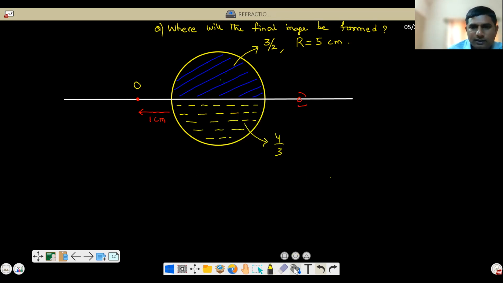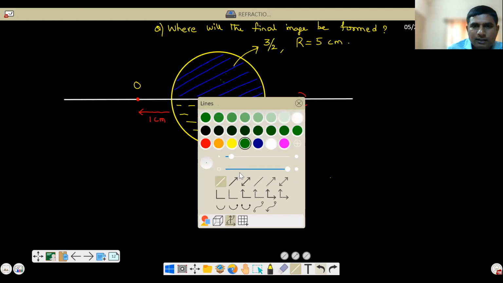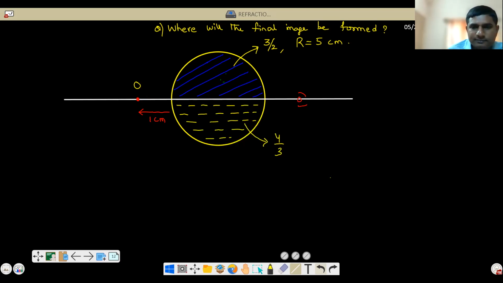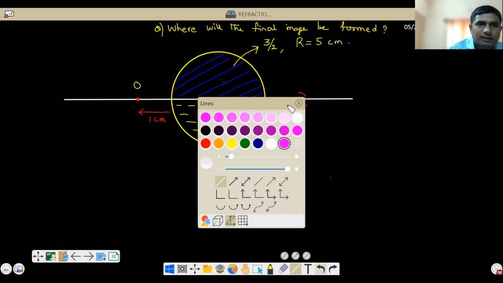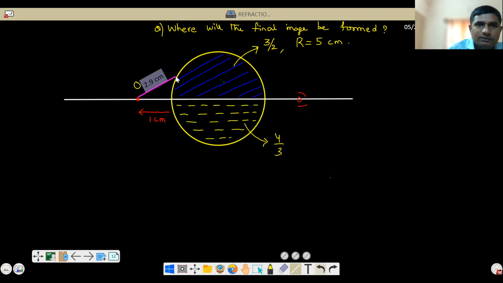Okay. Now see here. Now what happened is now there are 2 hemispheres. Correct or not? There are 2 hemispheres. So what you have to do is first you should take this one incident ray, and this is another incident ray. These are the 2 incident rays which are meeting on the surface A.